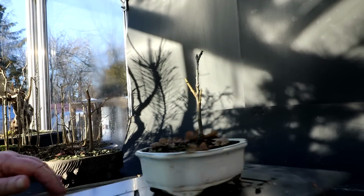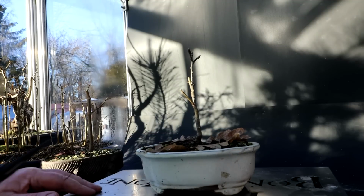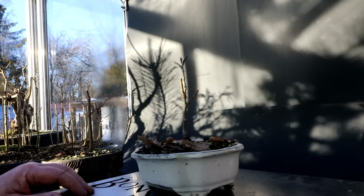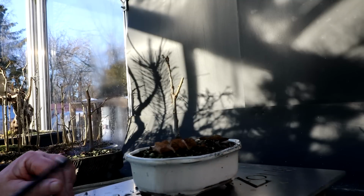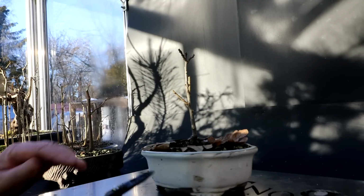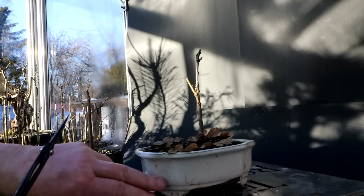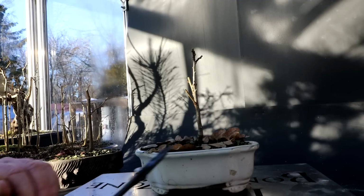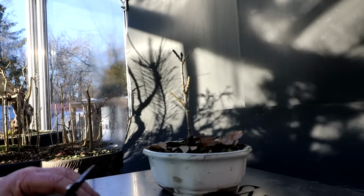So that is all the work on my Pyrenean Oak, which is pretty cool. I was just looking at the pot. This pot has never, I don't think it's ever frozen, but you can see, I don't know if it's the glaze that's cracking. I have a feeling it's the pot. These cheap pots, they're